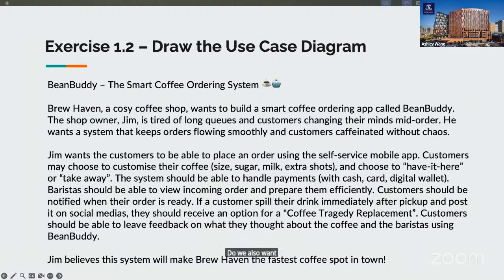So do we also want to draw the use case diagram together, or are we confident? I think they should be. Yeah. What do you think? It's just we can't use the whiteboard and I need to open draw.io. So I'm not sure if we want to have this diagram together. Might as well practice on the diagram. Okay, if you want to draw it on your back paper, then I can have a look. Okay, let me open my draw.io then.